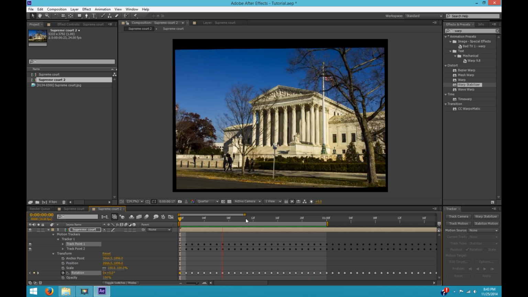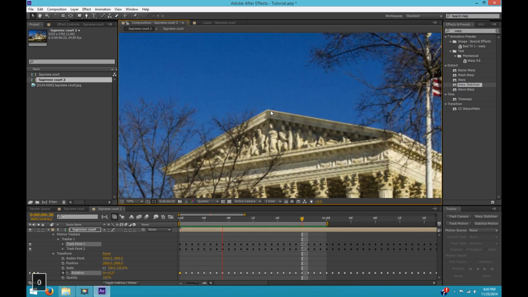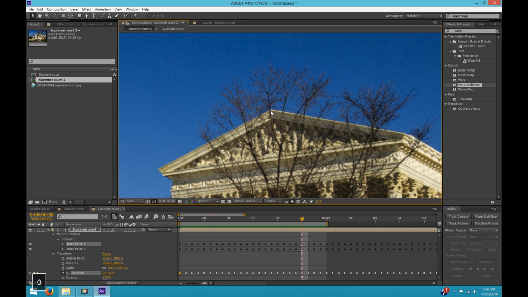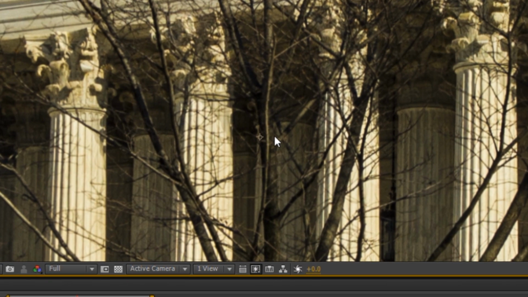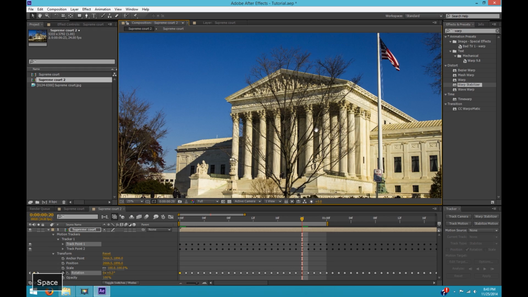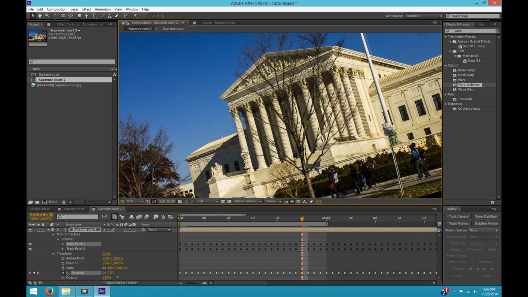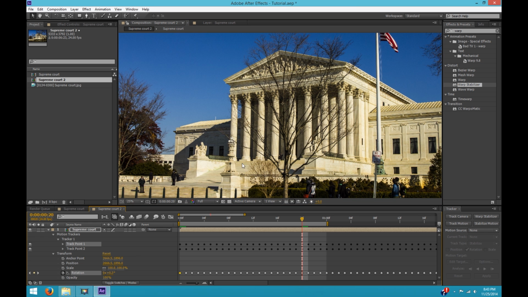show the first second. Now, it looks not too bad, but if you notice, this point that we had nice and stable before is kind of wobbling around now. Well, what happened? It was perfectly stable. So I'll show you what happened here. When you rotate, this point here, that is your anchor point. So when you rotate this image, let me just take this rotation thing, it rotates around that point. So in each case, we're adjusting the rotation, but we don't want it to rotate around this point. We want it to rotate around the tracking point that we picked before.